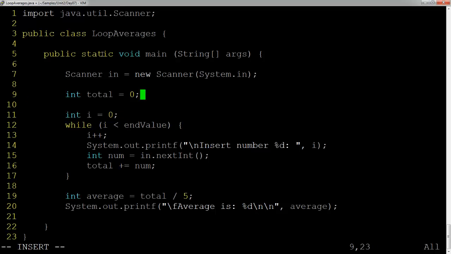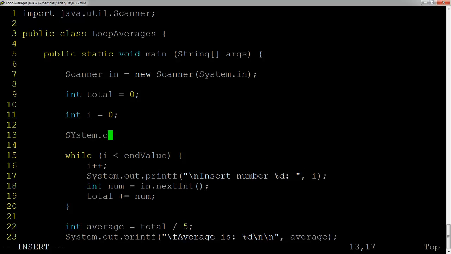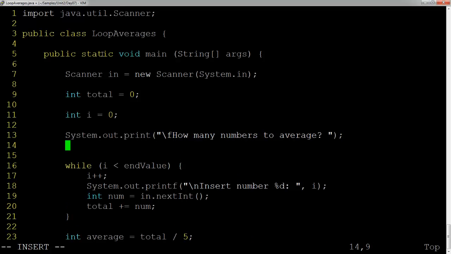And then from here, you can say System.out.printf, how many numbers to average, and then endValue equals input.nextInt. And so from here, instead of ending at 5, we end at endValue, however many that might be. So now we have a counter-controlled loop